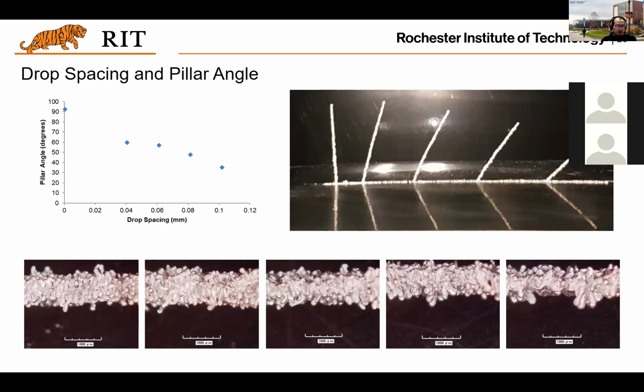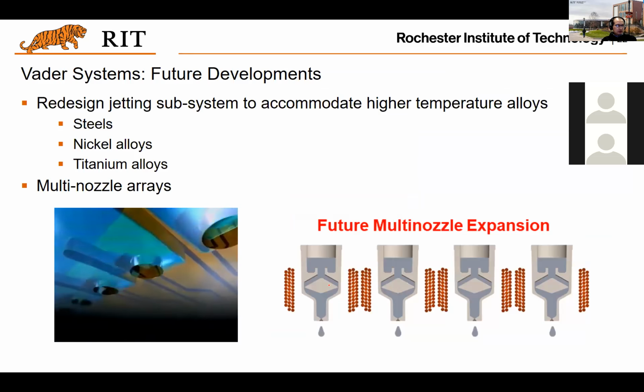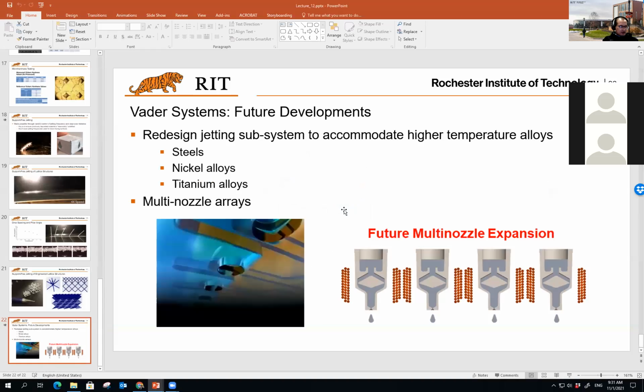And I think you can quickly go through this. Here's another experiment for different spacing and pillar angles, right? And some lattice structures could be applications for this process as well. You can check the video yourself, right? I think that's a quick run-through of the liquid jetting-based metal printing, and we can